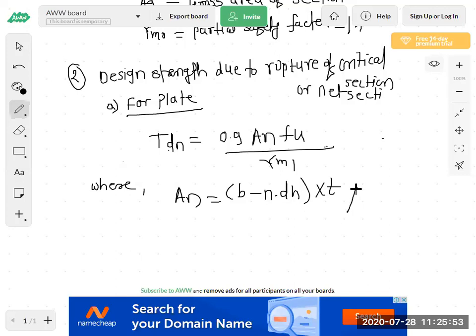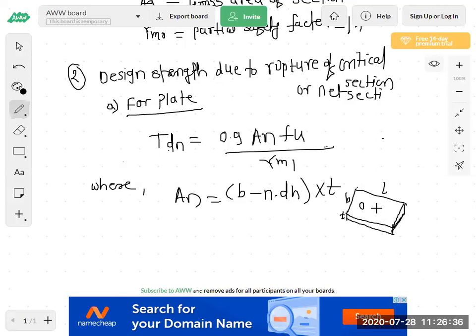Now you can see here. So this is the plate. So this is the width B and this is the T. So we have to calculate the area. So width into thickness, that area we have to take, because this is the smaller dimension. Plate will fail due to thickness only, not length and width, because these two dimensions, length and width, are higher. So here may not fail the plate in this direction. So plate will fail due to thickness only.